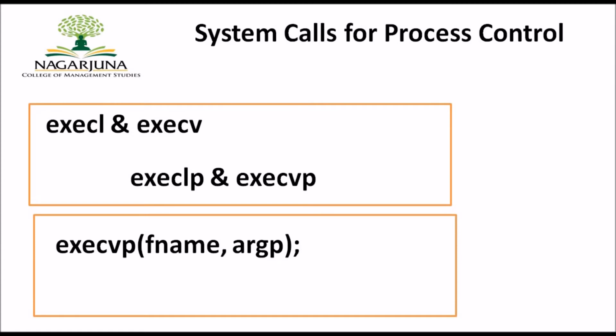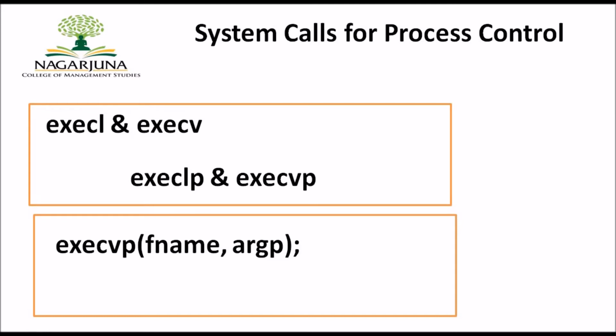So the next system calls with respect to process control are EXECL and EXECV. EXECL represents execute and leave. Why we use these two different system calls is that they transform an executable binary file into a process. So if I would like to transform any executable binary file into a process, then I'm going to make use of EXECL and EXECV.